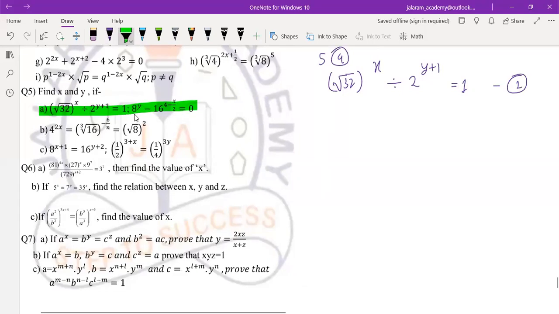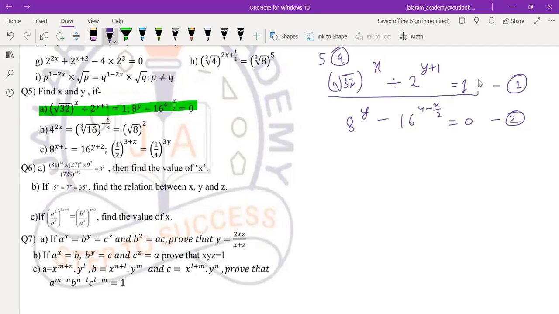And the second is 8 to the power y minus 16 to the power 4 minus x by 2 equals to 0. So first of all, we have to simplify these two equations. So what is the method of simplifying them? Look at this. From equation number 1,